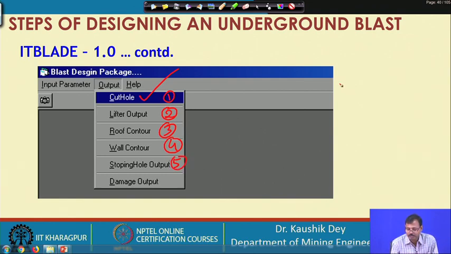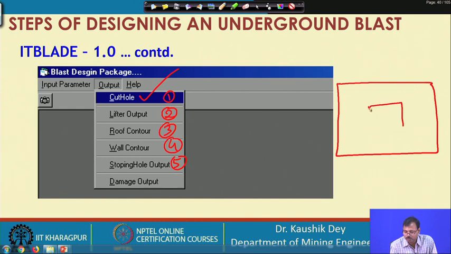So, the basic criterion is that we have to see how much area is required to generate the cut. The cut area dimension is essentially required to achieve the desired pull and desired fragmentation. While the cut area requirement is fixed, now we know this is the cut area. We can place the cut area at any place, but amongst the total area, how much area is required for the cut is now known to us.